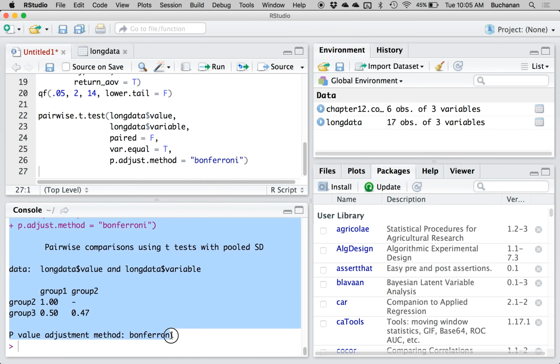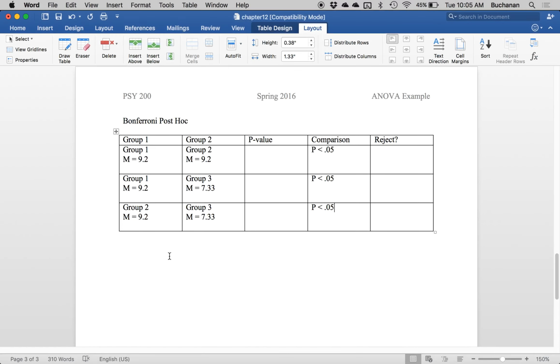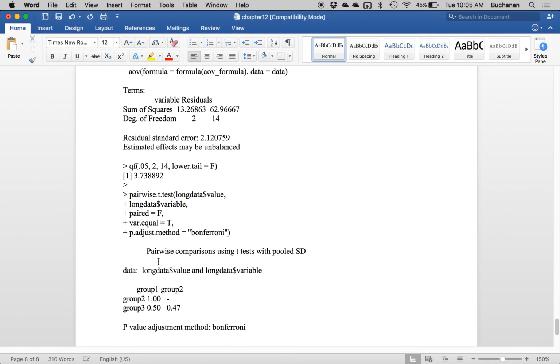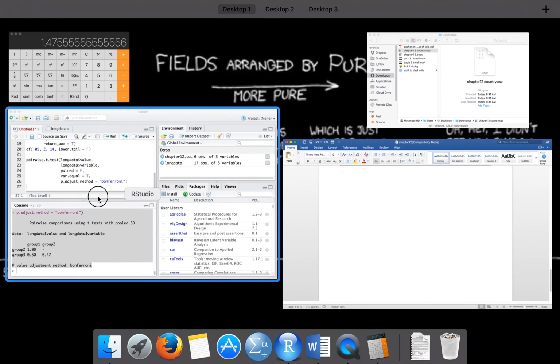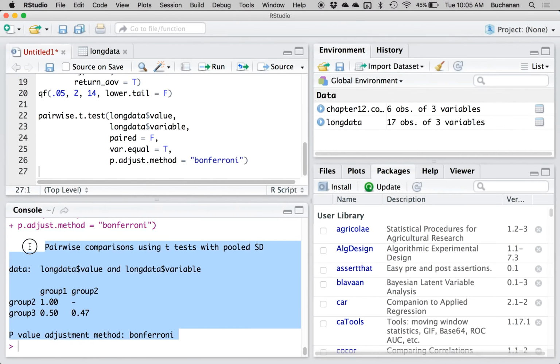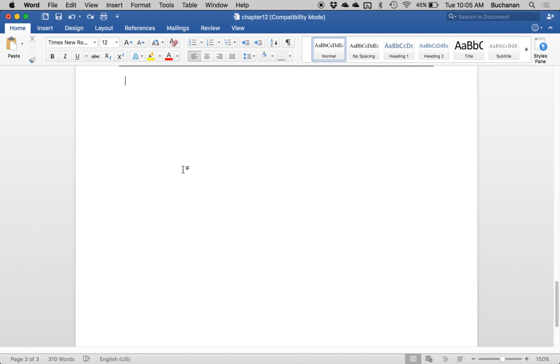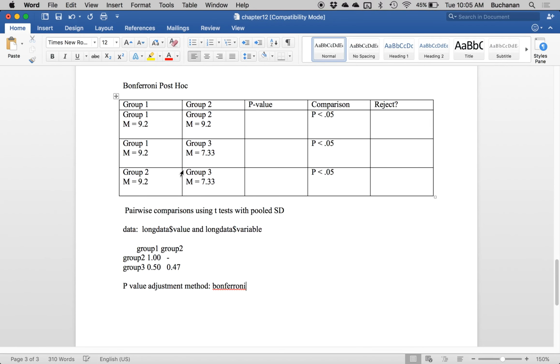So I can cut and paste this into here. Oh, that gave me everything. Whoa, don't do that. How about just this? There we go. Okay, so let's see our p-value here. 1 to 2 is 1.00. 1 to 3 is 0.50. And 2 to 3 is 0.47. So we would not reject the null in any of these cases